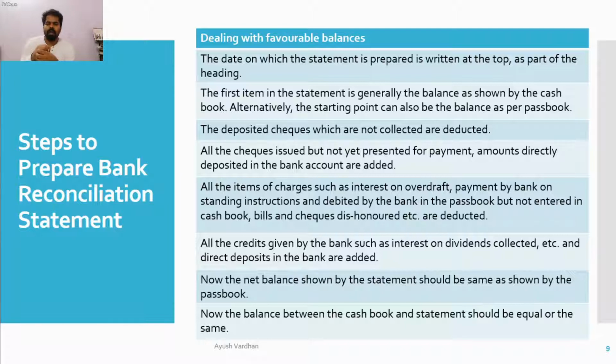Okay, you have to decide the deadline when you are going to start the reconciliation, after which date that will be the deadline, and till that date you have to make the reconciliation. So the very first step, for either the favorable or unfavorable, both, you have to make a date selection. Okay. Then the first item in the statement is generally the balance as shown by the cash book or the